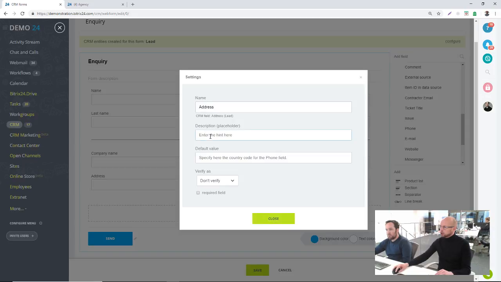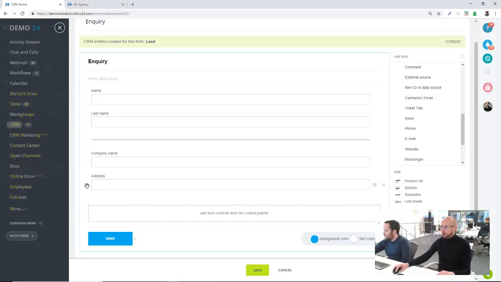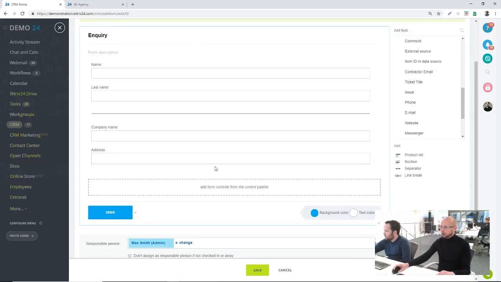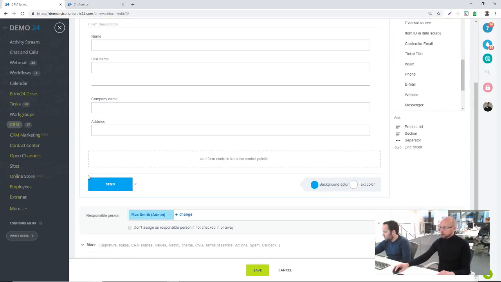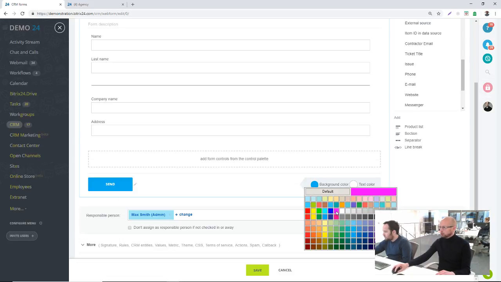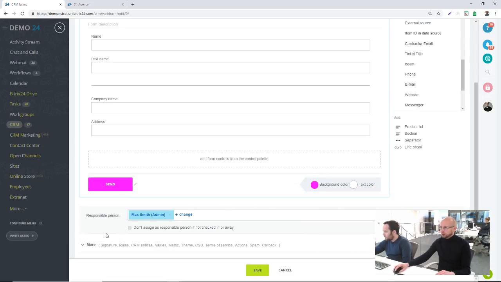Okay, we can put in some description here, which will be sort of grayed out text in the form to help people understand what they need to specify. You can make this a required field, mandatory field. They can't submit it unless they populate that field. So you click in the settings and set those. We can style it up a little bit, changing the colour of the button if we want to do this, and we can